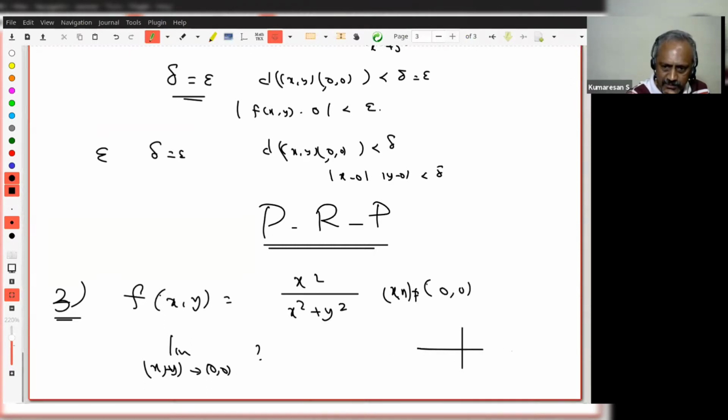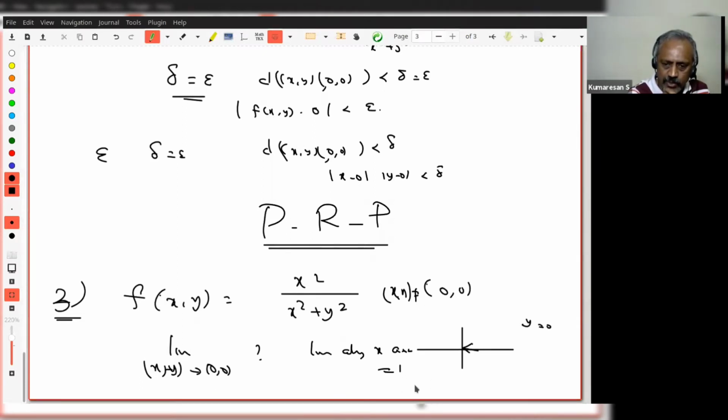So this is my point. Now let us assume I move along y equal to 0. That is y equal to tx, where t is 0. That is along this way to 0. Then y will be 0. Therefore, what is this? F of xy, x squared by x squared, that is 1. So the limit along the x-axis is 1. Do all of you understand?